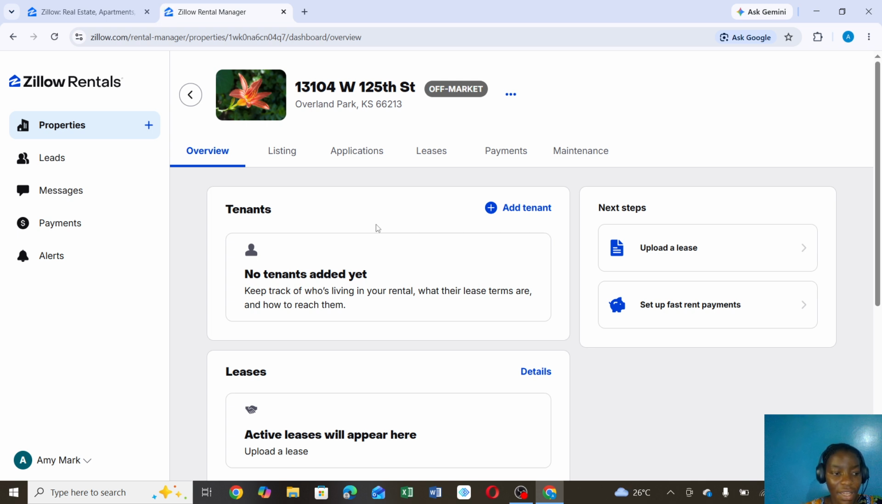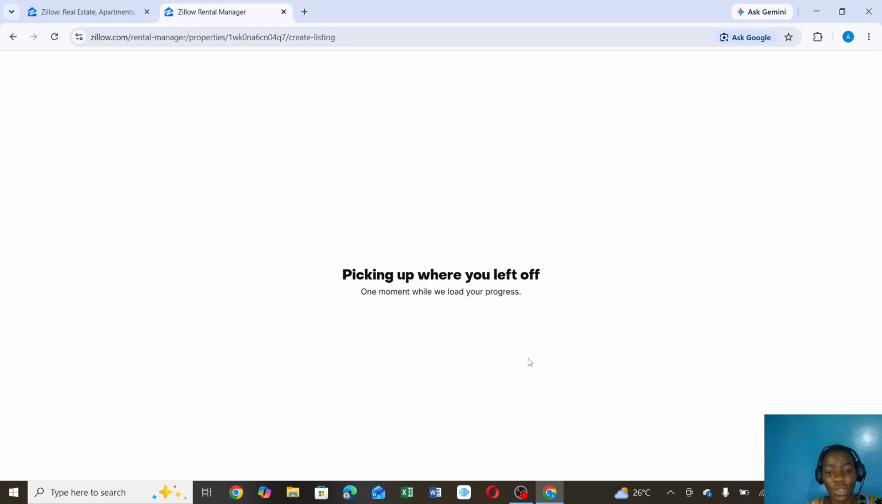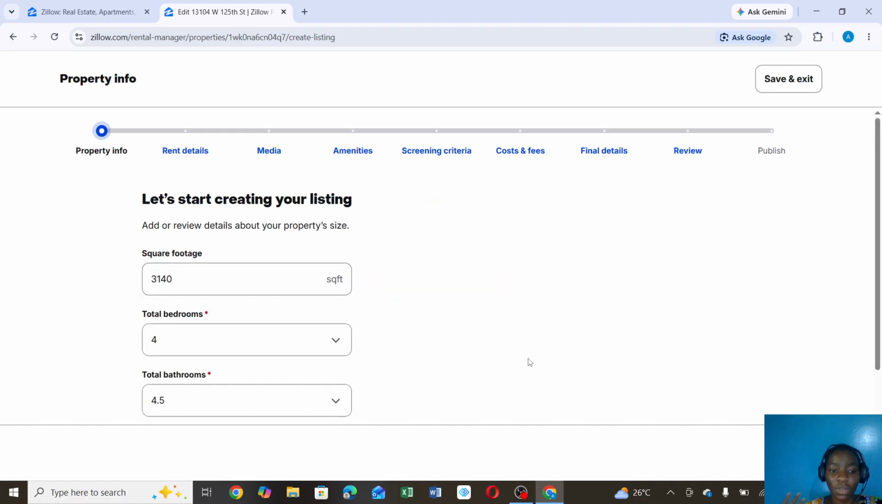Now, if the listing has already been created, just open the listing editing options and choose the option to edit the listing. So once you have clicked on it, you have listing. Now select listing. So once you select listing, if the listing had already gone live, you'd have seen an option for you to edit. But since I am not done, I can just go ahead and click on resume, where I can pick from where I left off, and then I'm just going to keep following the prompts until I